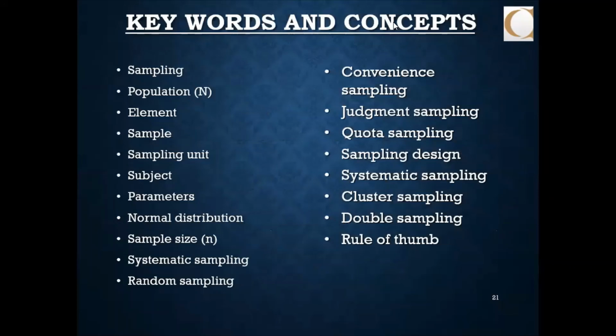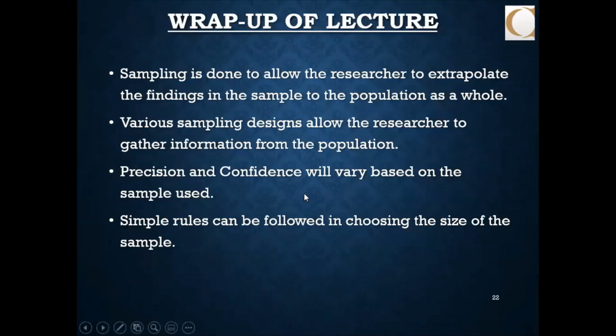So we've run through all these words: sampling, population, element, sample, sampling unit, subject, parameters, normal distribution, sample size, systematic sampling, random sampling, convenience sampling, judgment sampling, quota sampling, sampling design, cluster sampling, double sampling, rule of thumb. Sampling is done to allow the researcher